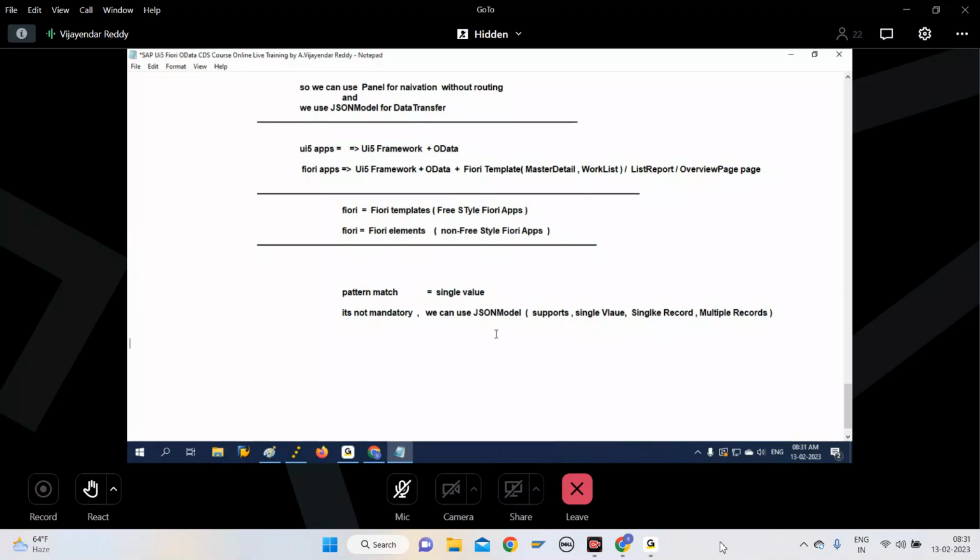So what is match? What do you mean by pattern match here? That's the name of the keyword, pattern match, we call it as. It should match with the key field. So does it compare any value when we are running the application? It will compare with the value available in entity set. According to this one,